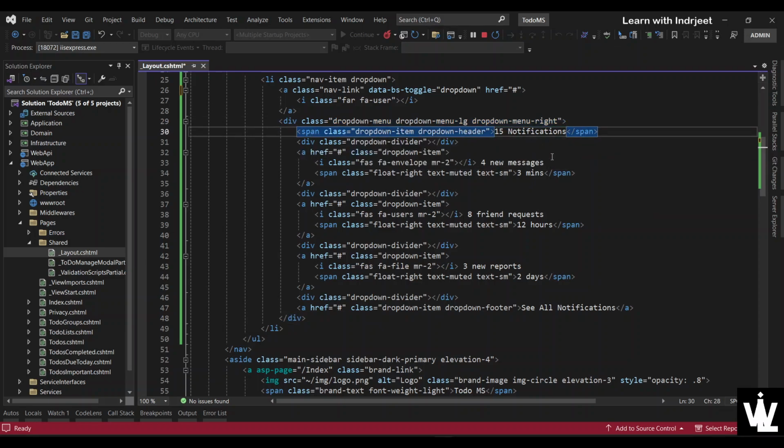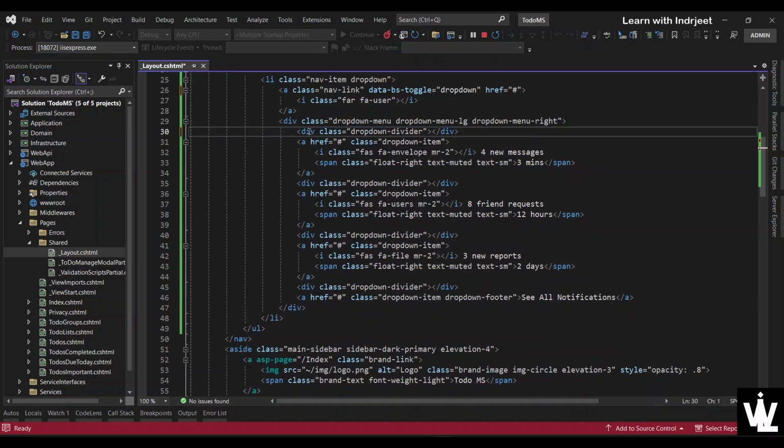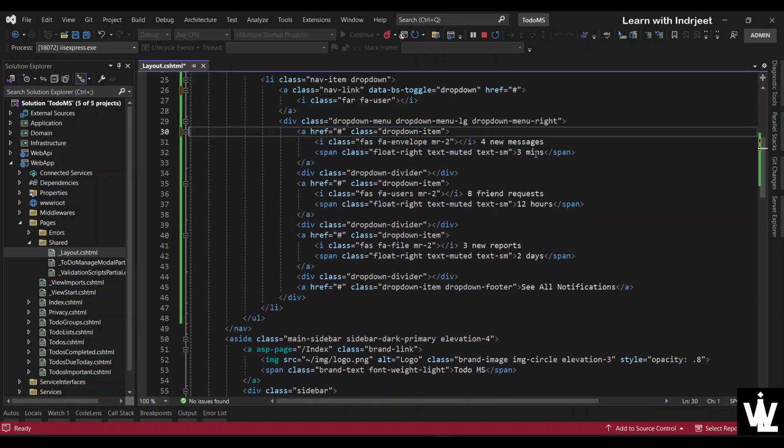Okay, so this we don't need, the divider we don't want, and we want only 2 anchor tags of this type. Okay, so this is the menu, this is fine. So this anchor tag